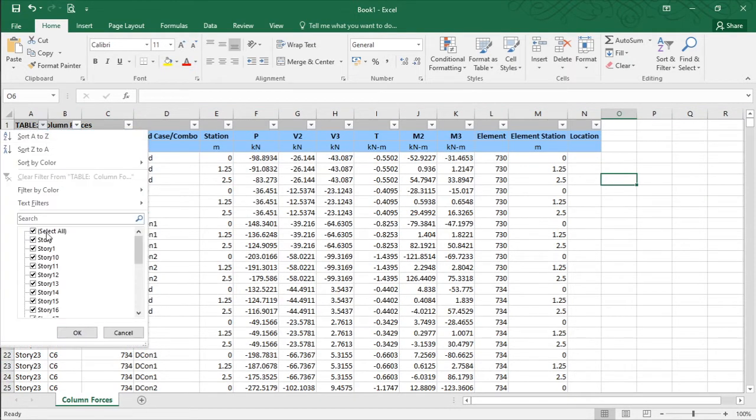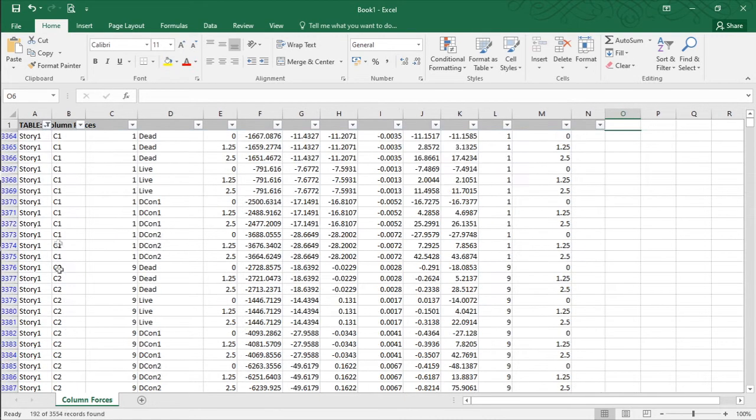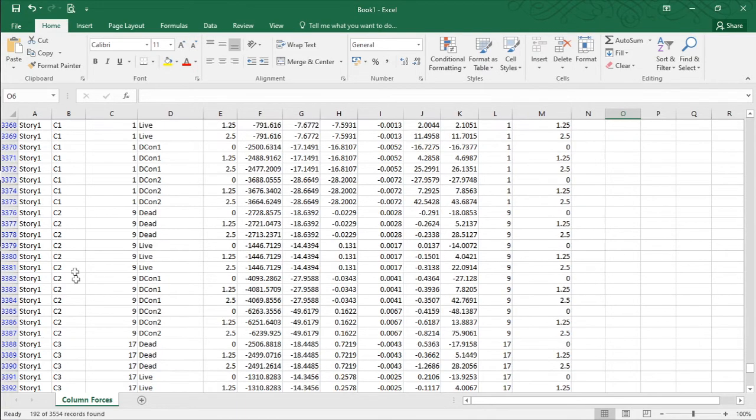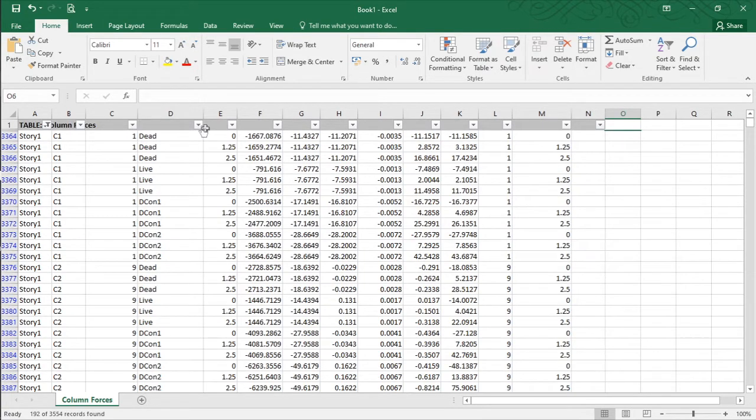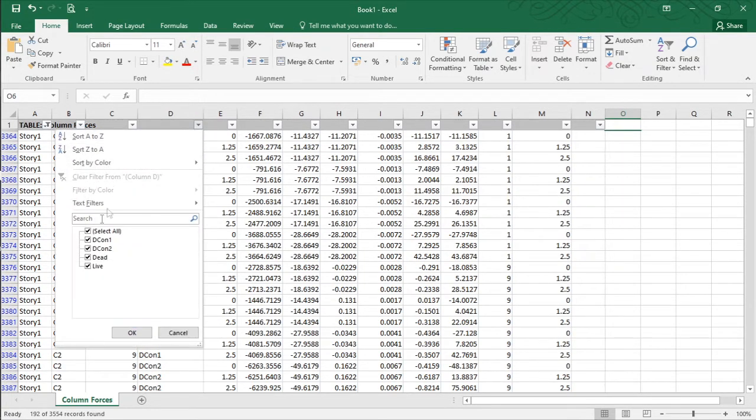Just click on story number 1, which is the base story, select every column, and under the loads just select the dead load or live load for which you want the values. I'm selecting the dead load for this explanation.